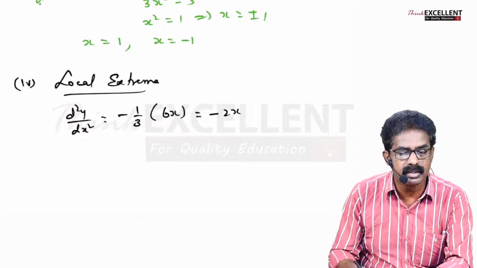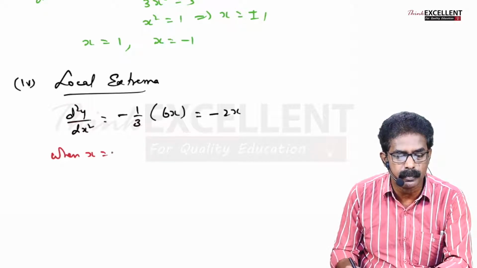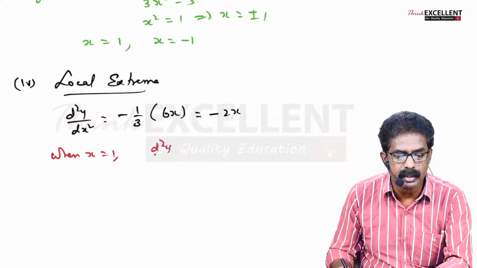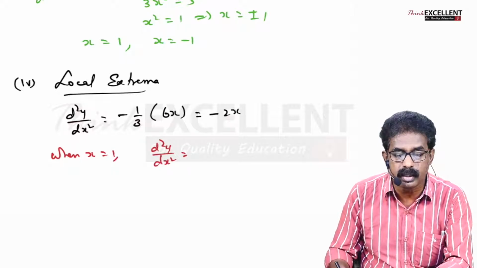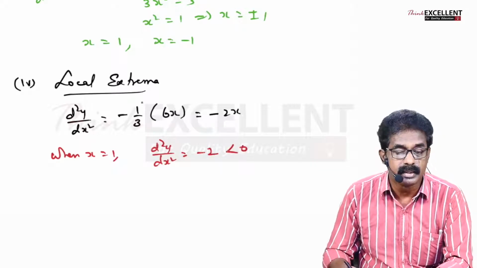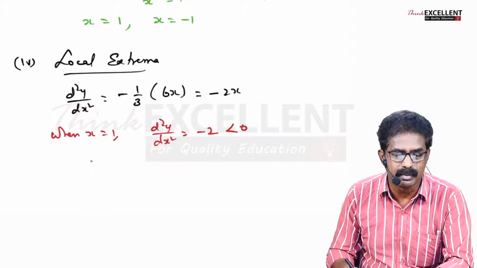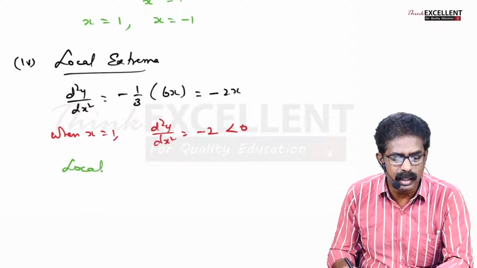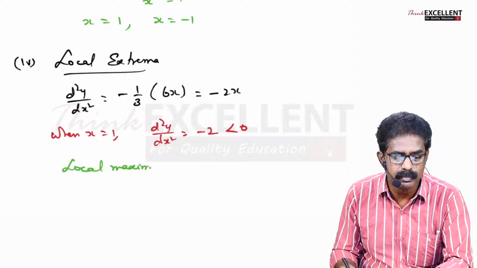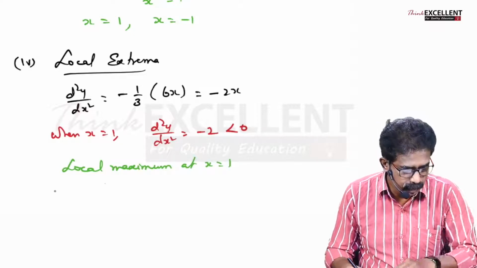Now take the first stationary point, first critical number. When x equal to 1, d square y by dx square is, x you are giving 1. So minus 2 into 1, it is minus 2, negative. Second derivative negative means there is a local maximum, right? So local maximum at x equal to 1, and the maximum value is